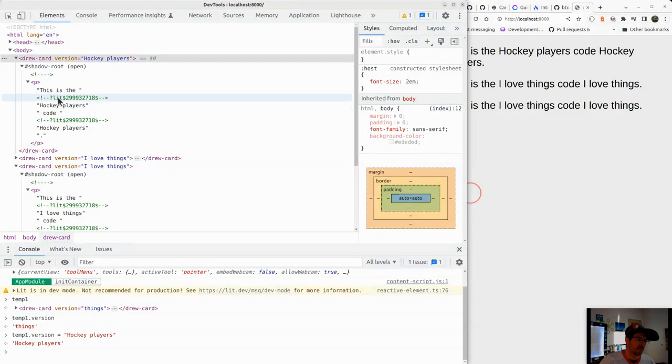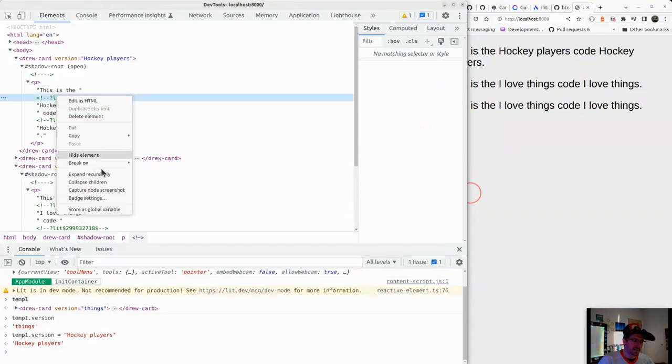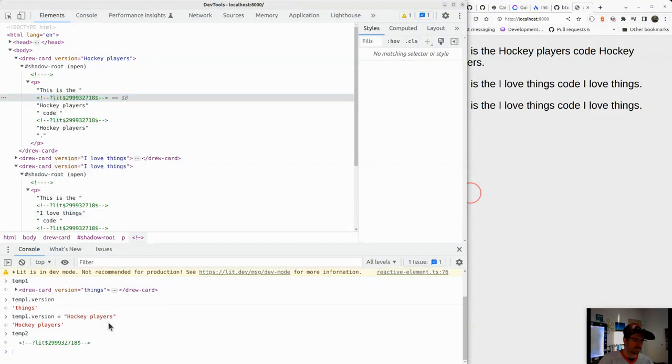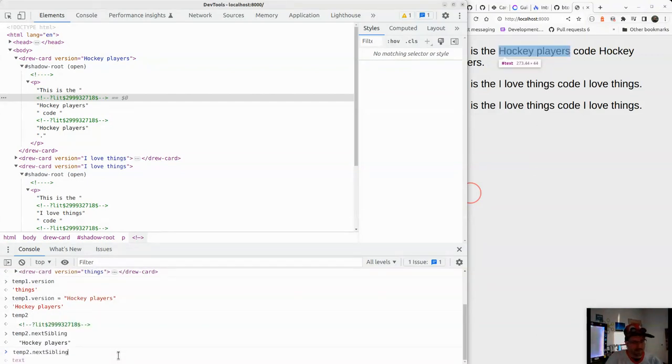So the reason Lit is so powerful is this. When you have the template literals, it leaves a placeholder, and that placeholder means there's a variable as the next item. So if we right click on the placeholder, which is an HTML comment, and store it as a global, that is actually a DOM node in the page. So I could do temp2 dot parentNode and know that there's a paragraph above it, right? Because of that, I can do nextSibling, and see it says there's a text node next to me. Because you've told Lit this is a string,